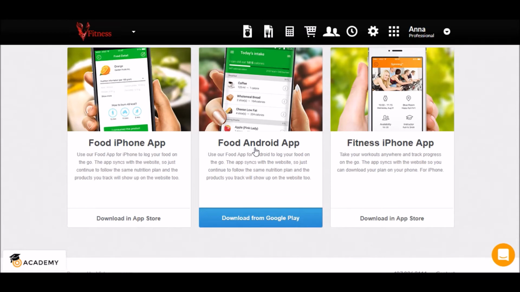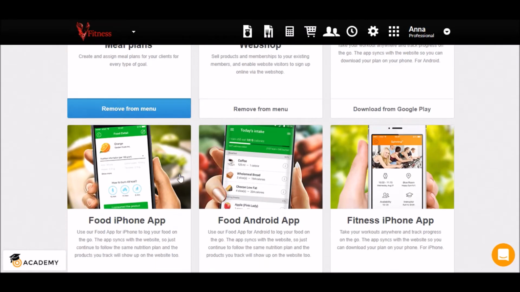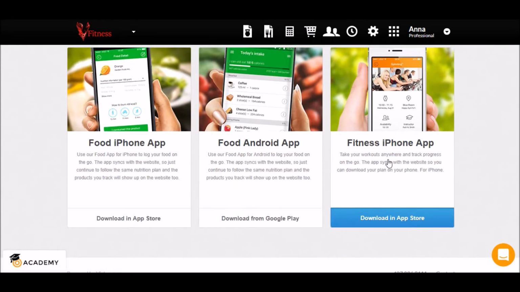So whether they have Android or iOS, we have those copies here, and all they have to do is simply click on one of the tabs and it will take them into the online store to purchase these items. So they can do it from their phone, or they can just as easily go to their online store and just type in Virtuagym fitness app, and it will pull up the fitness app and of course the nutrition